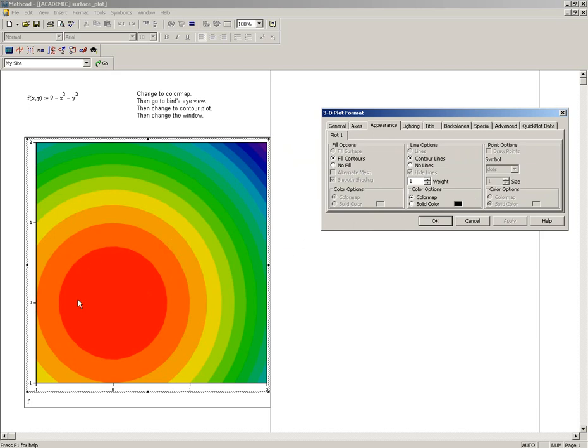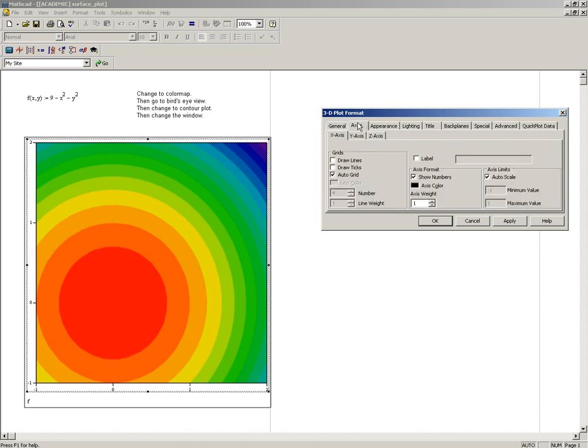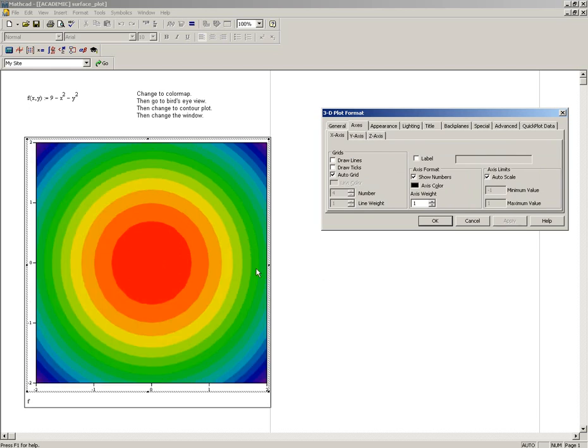And then of course you can see here that for symmetry, this isn't as interesting as it would be if we were to go from -2 to 2. So I could also do that. I can go from -2 to 2 in both directions, and then I also have to change, okay, the axes are auto-scaled, so this will give us now something that really shows this paraboloid in a more symmetric